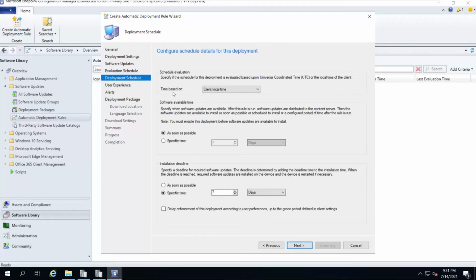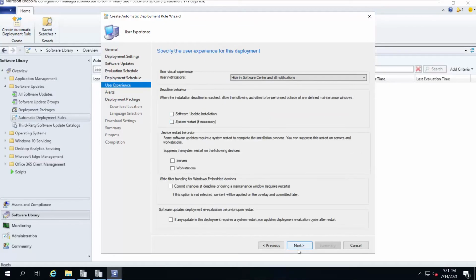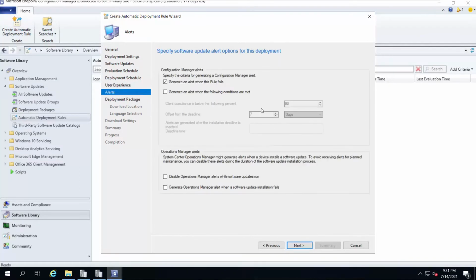Next, so again this is the same screen. I'll just skip it, and I'll skip this user experience screen. Now generate an alert when this rule fails, and generate an error alert when the following conditions are met: 90% machines get compliant and offset from the deadline 7 days. It is optional, you can check or uncheck.